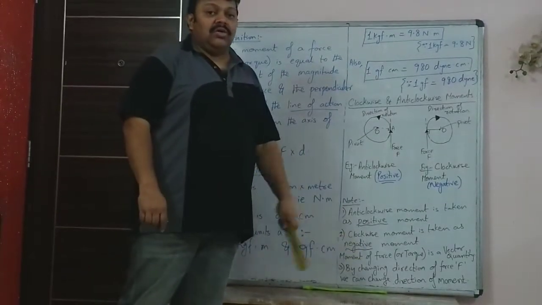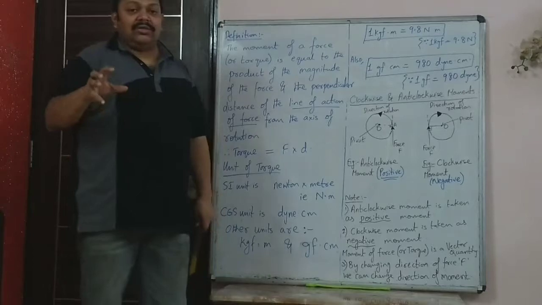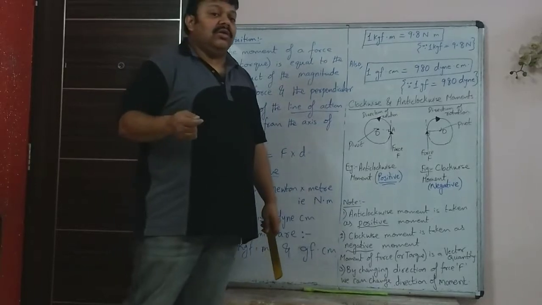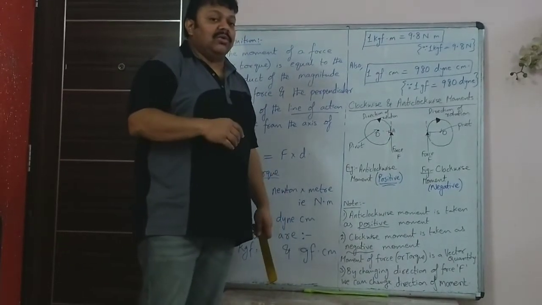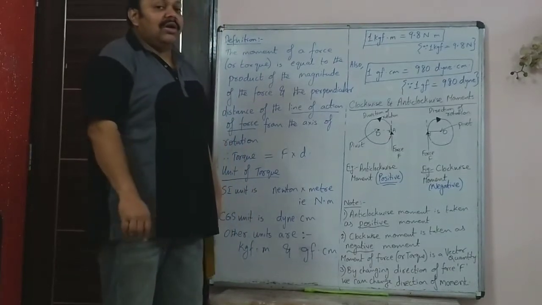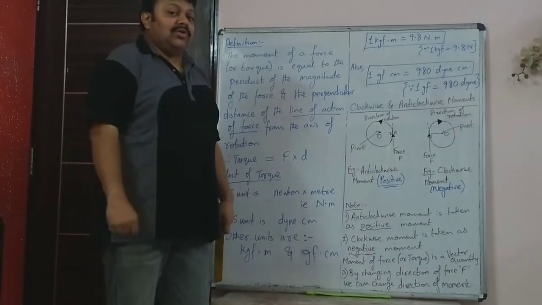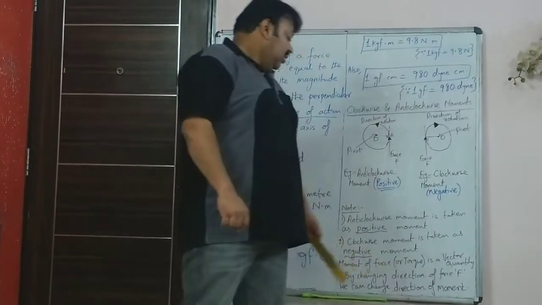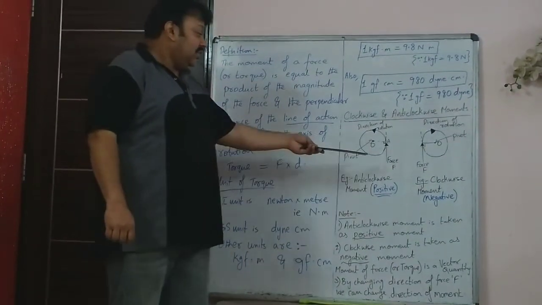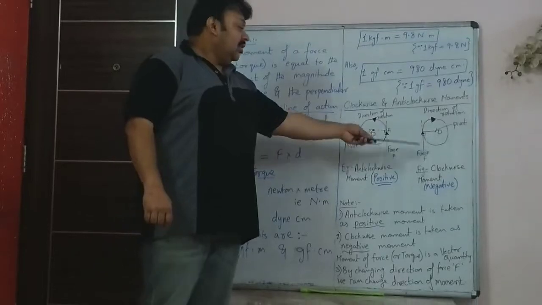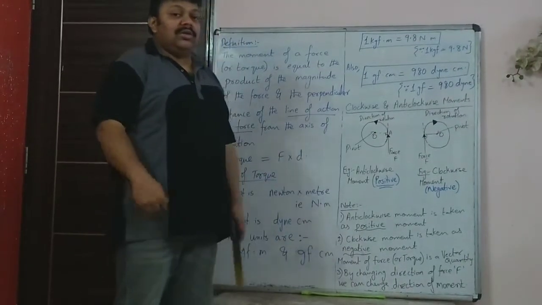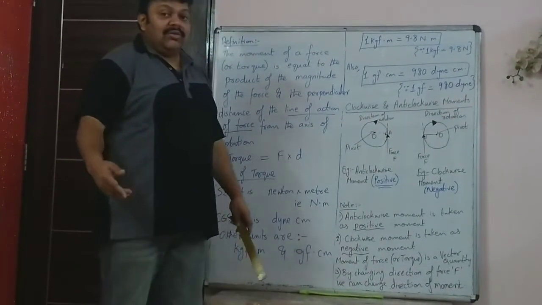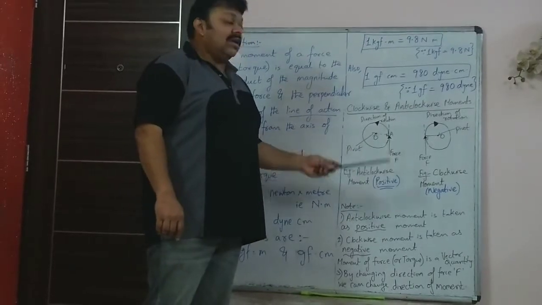So when you do sums on torque, you will not only write the value as, let's say, 100 newton centimeter. You will have to put a positive or a negative sign if that information is given in the question, and therefore state whether it is clockwise or anti-clockwise. Anti-clockwise will be positive and clockwise would be negative. By changing the direction of force, we can change the direction of moment, as you have seen. Here the force is applied at A, and here the force is applied at a diametrically opposite point at the other end of the wheel. So by changing the point where the force is applied, we can change the direction of motion.